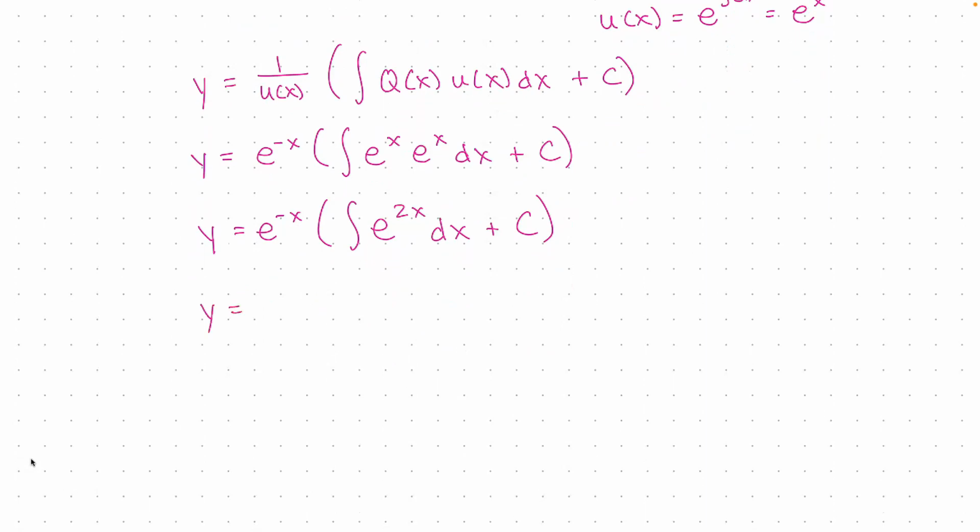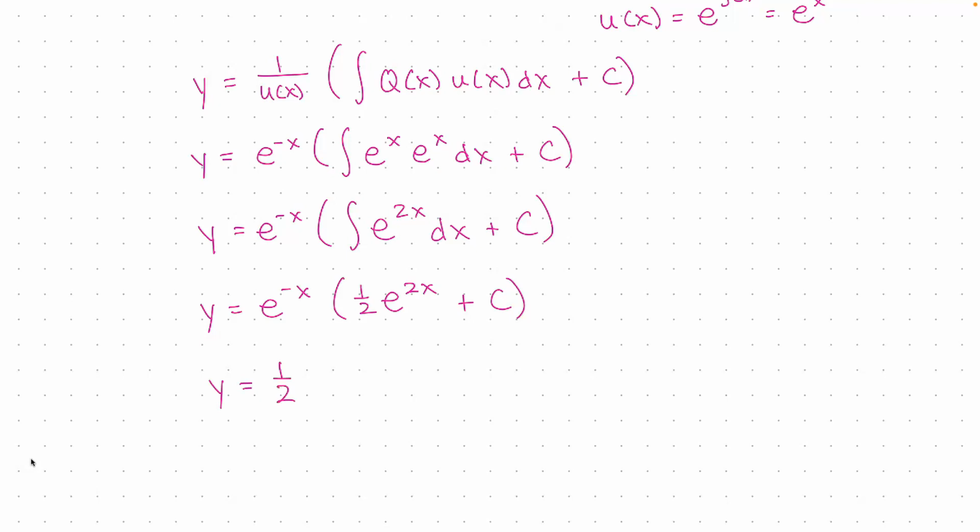So y is equal to 1/2 e to the 2x. So this plus c really is coming from the integral, but you usually see it written out in the formula to make it very clear that that c is not just a plus c that's tacked on to the end of the entire equation. It's just tacked on to the end of the integral because,